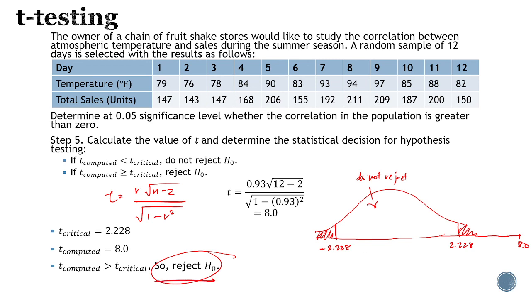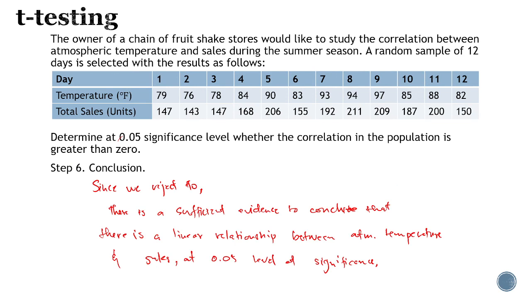Alright? So, upon rejecting the HO, we can just conclude that since we reject HO, there is a sufficient evidence to conclude that there is a linear relationship between atmospheric pressure and sales at 0.05 level of significance. And that is how